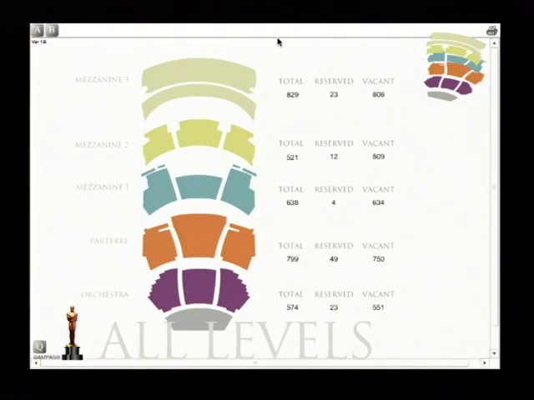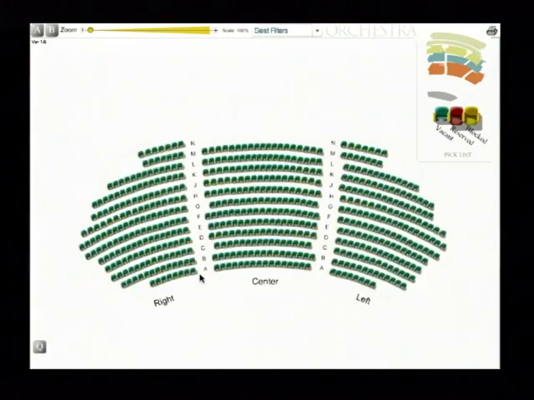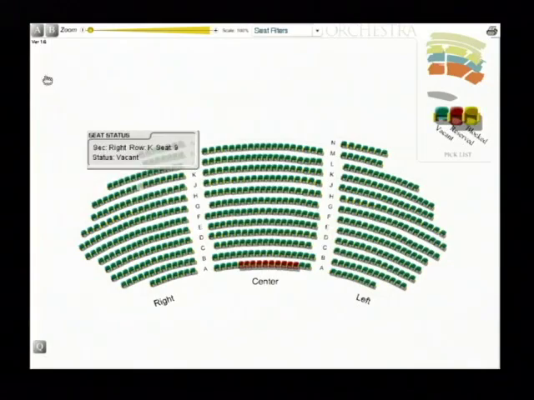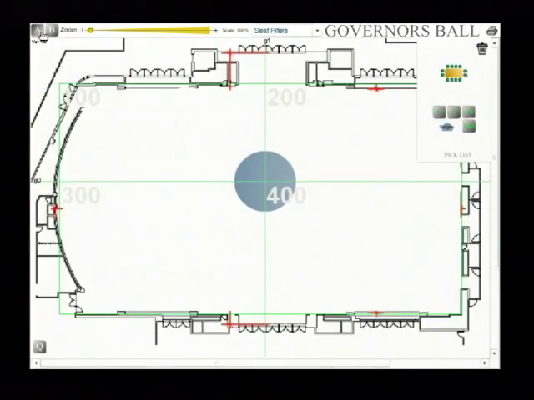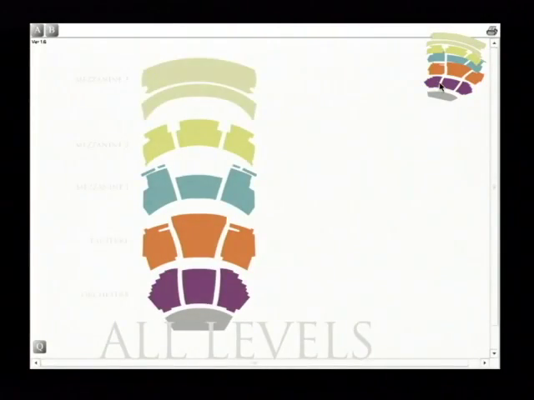does not require a player, a browser, a plugin of any kind. All it requires is TCP/IP access, and again, it's only 1.5 megabytes in size. And so we'll take a look at this here. What you've seen is that we've digitized the entire Kodak Theater down to scale. In addition to the theater itself, we've also had an opportunity to scale their ballroom for the Governor's Ball as well. But if we look closely at some of the functionality here,